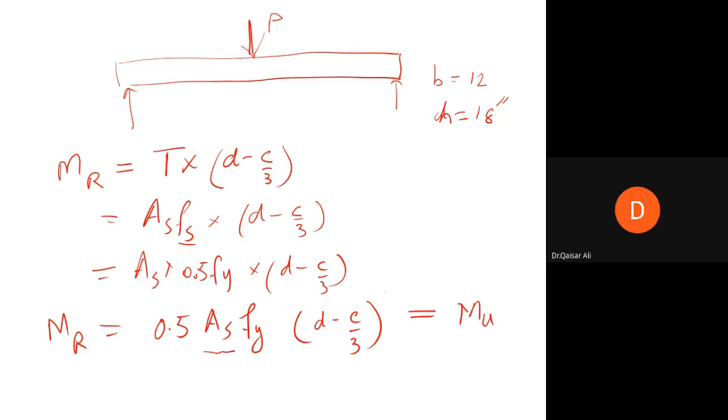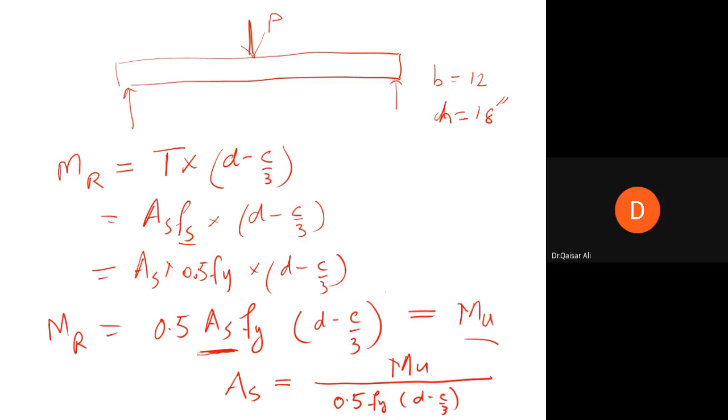इस MR को मैंने इस इक्वेशन से लिखी, रेजिस्टिंग कैपेसिटी और MU डिमांड है। अगर इन दोनों इक्वेशन को मैं आपस में इक्वेट करूं, रेजिस्टिंग कपल जो कि हमारे पास बीम के अंदर मौजूद है, और MU जो डिमांड है, तो रिक्वायर्ड AS मालूम कर सकता हूं। AS is equal to MU divided by 0.5 FY into D minus c by 3। अब अगर मुझे c पता हो तो MU तो मेरा डिमांड है, बेंडिंग मोमेंट डायग्राम से मैं मालूम करूंगा। FY मेरे पास ग्रेड 40 या 60 स्टील होगा, तो मैं वो AS मालूम कर सकता हूं, जो स्टील बीम के अंदर डाल दूं तो बीम इस MU को उठाएगा और फेल नहीं होगा।